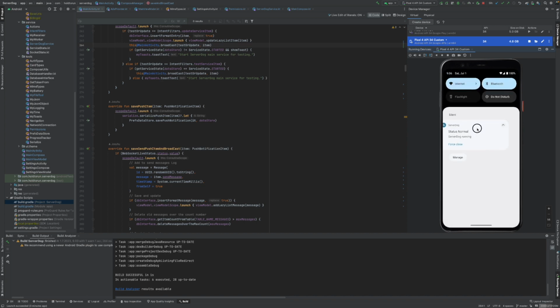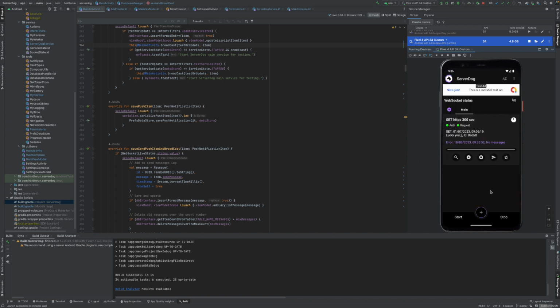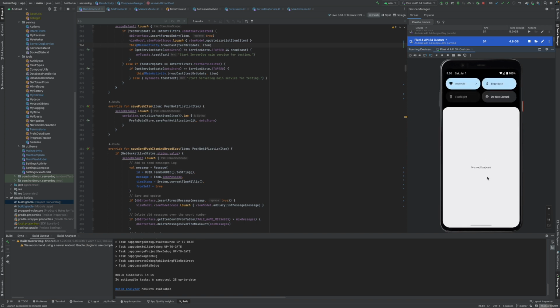So I wanted to keep this as something that you cannot dismiss, but now in Android 14 the user actually can dismiss this like so,